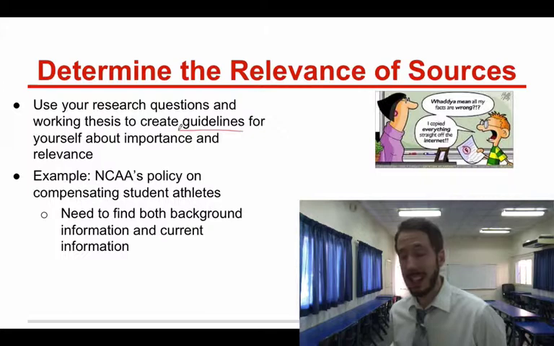Now, something important is evaluating web sources. Again, the dot whatever. Now, of course, you know we're not supposed to really be looking at .coms. There's a lot of bias that can come from that. They're really not peer-reviewed, very uncredible. However, there's some other things we have to keep in mind. So let's talk about the other web sources.